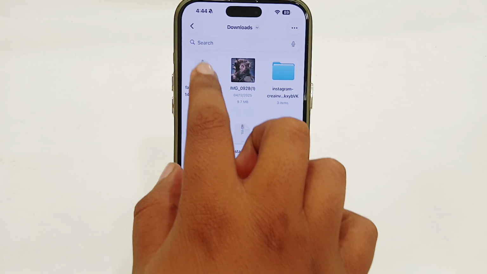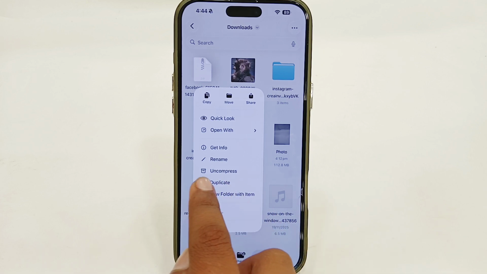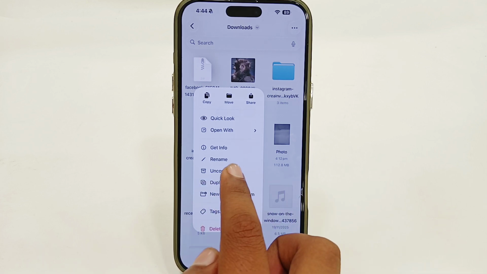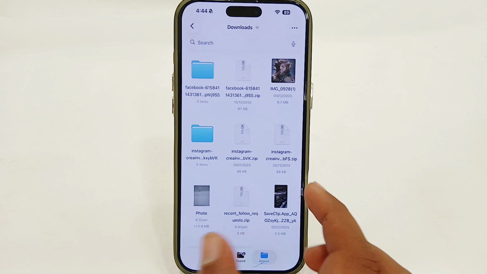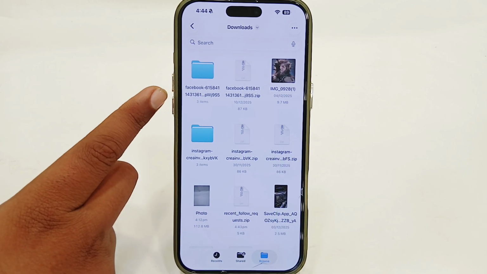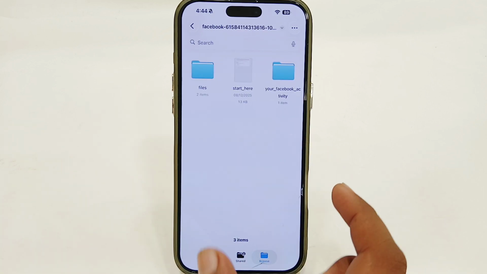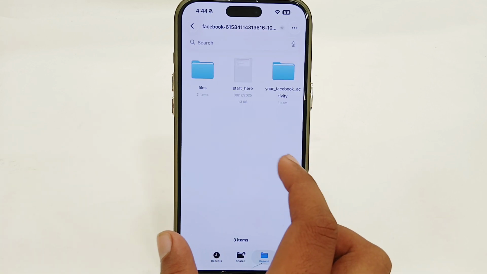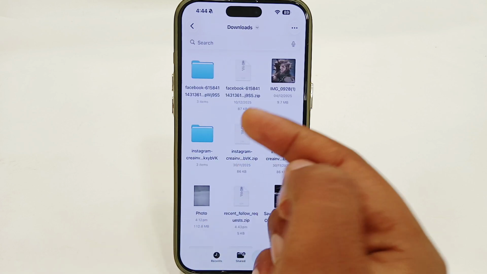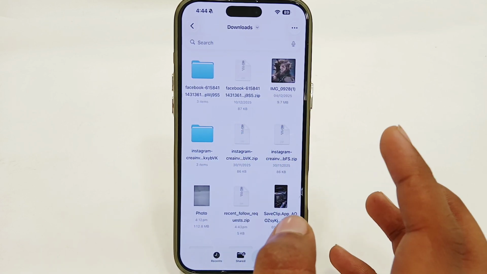Here's the zip file, just keep a long press on it, and here you'll get the option of Uncompress. You must select this Uncompress option, and once you have selected Uncompress, you'll get a folder of the same name. You just have to select the folder, and you will see all of the content you have in your zip file. So in this way, you can easily unzip or open a zip